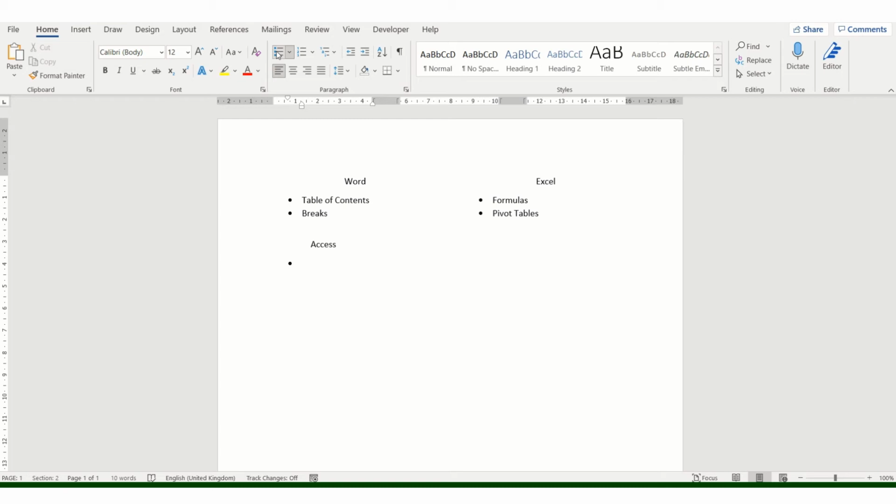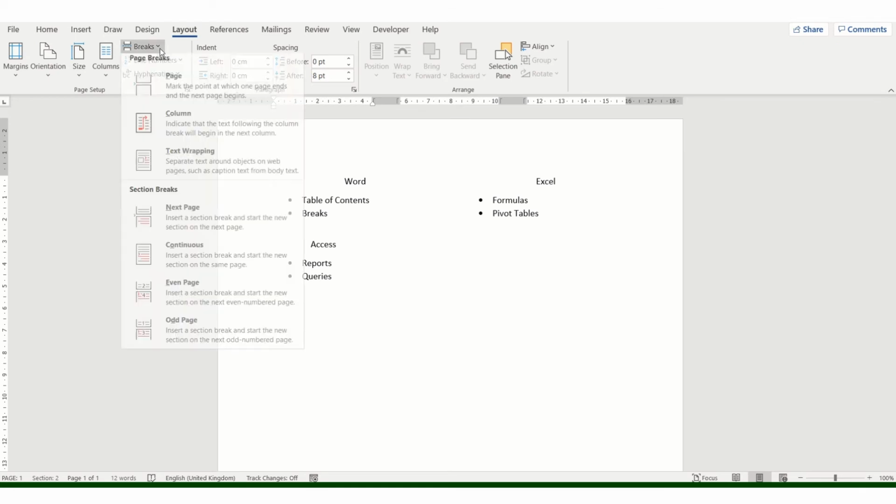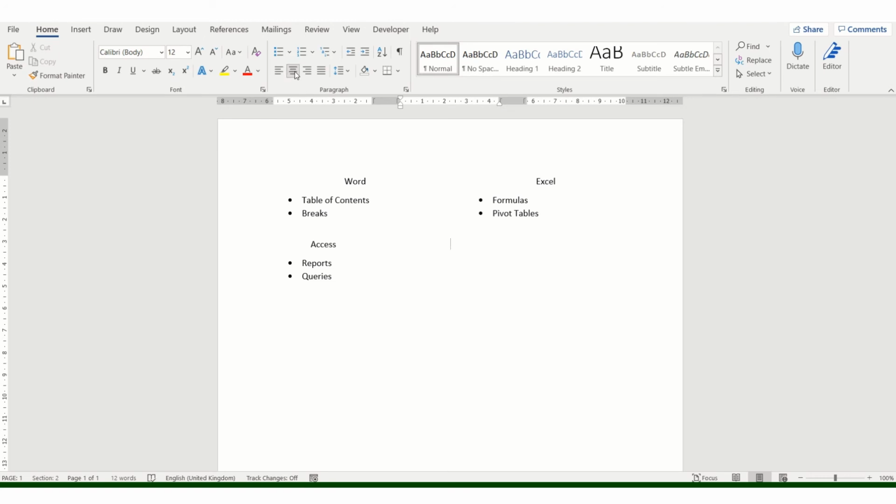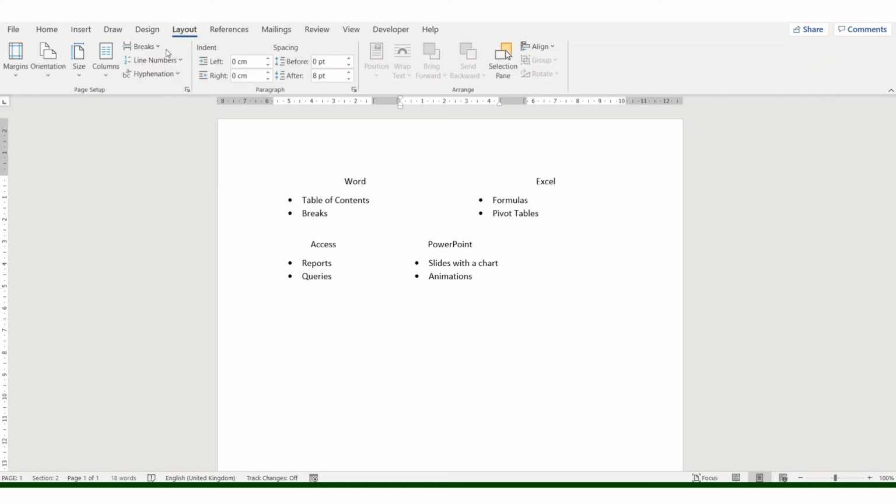Just 2 features you can do in Access, reports and queries. Again, switch off a bullet point and apply another column break. Centralise the text. We're going to have PowerPoint as a heading. Again, 2 features, slides with a chart, and then animations. Again, switch off the bullets, apply my column break,